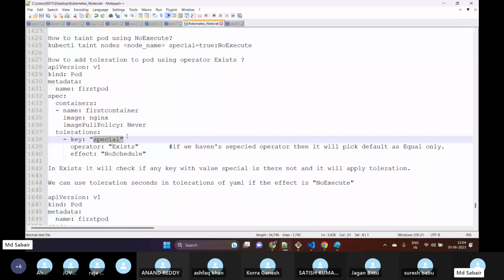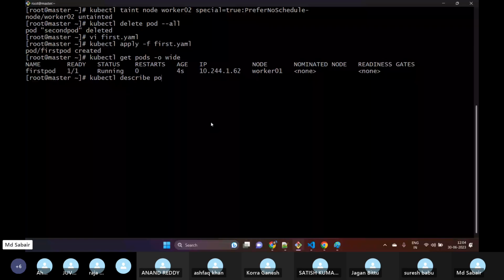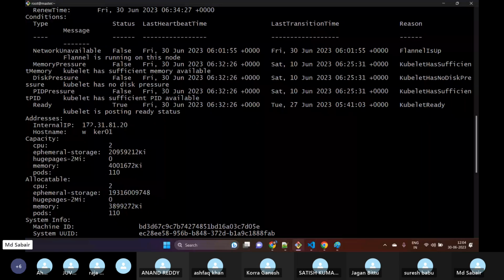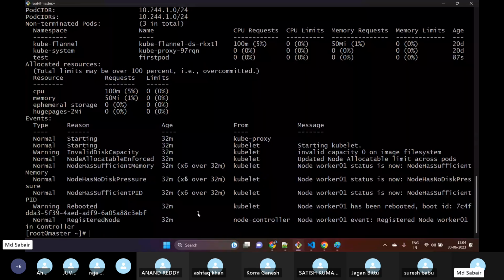For example, if you see kubectl describe node worker 01, what taint have we given? The key is special and the value is true. For example, if you have multiple node machines with the same key, special only,